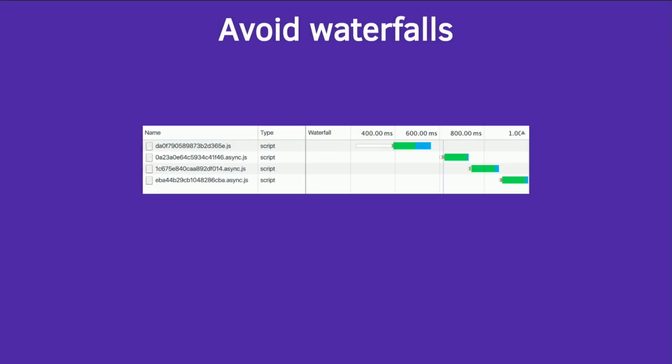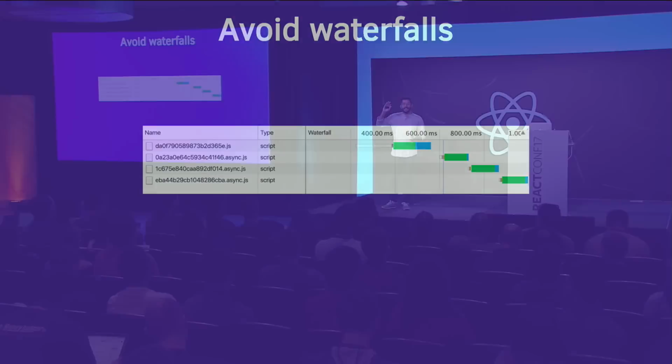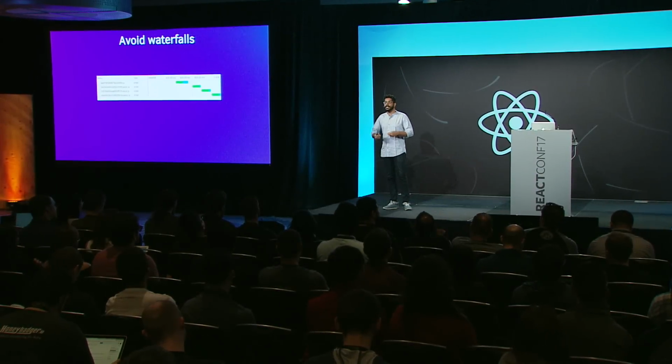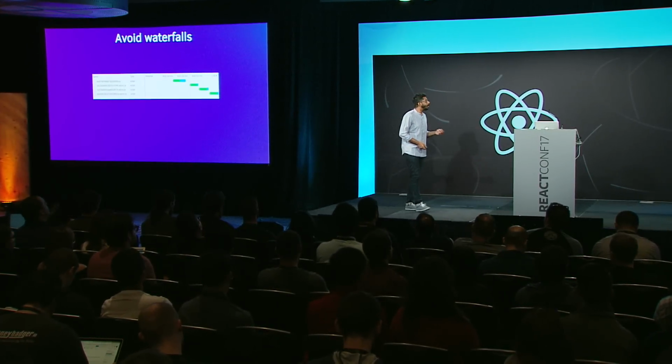Avoid network waterfalls. And this is actually really important. You might get carried away with code splitting and say, hang on, I'm going to code split at the route level, so my route's going to lazy load. But my route itself loads 5 components, 3 of which are lazy loaded. And then those components load something else, which is, again, lazy loaded, because every single developer in your team is like, this is amazing, I'm going to lazy load across the board. And then you have this mess of a waterfall where it takes a really long time for your app to actually be interactive, right?